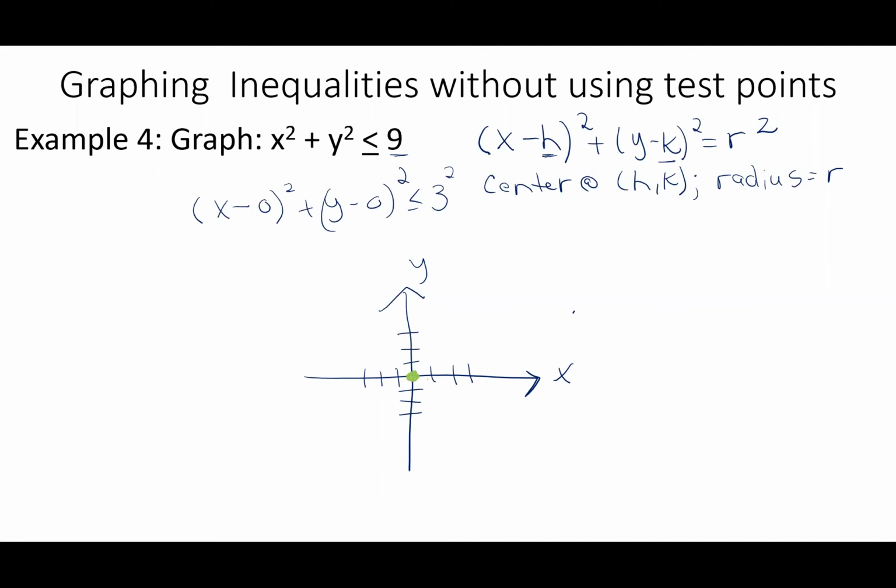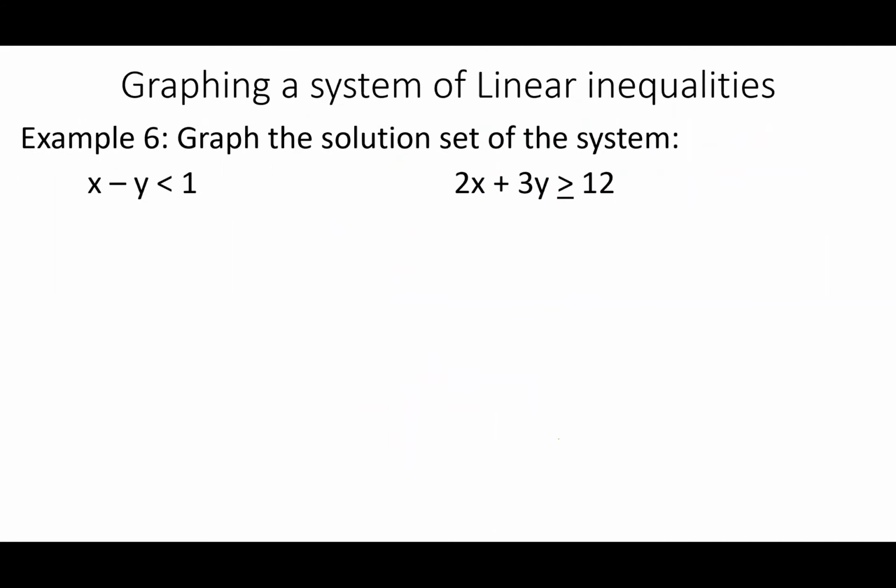So from the center, I go up 3, down 3, right 3, and left 3, and I can draw my graph. Now, my equation is equal to, which means my circle is solid. Okay? It's less than, which means I shade inside. Greater than would be shading outside all around the circle. Okay? Now,